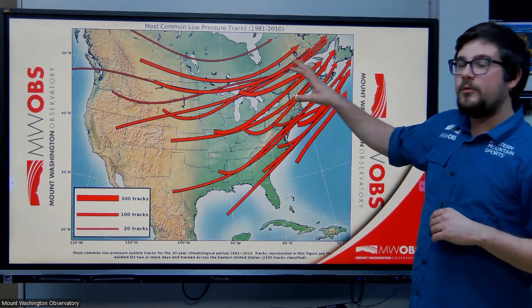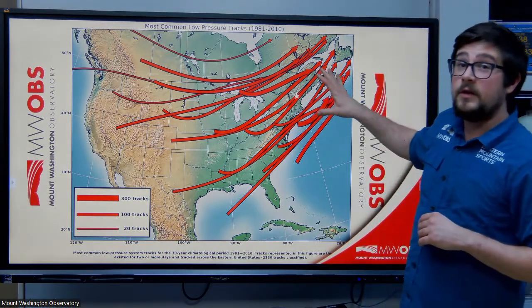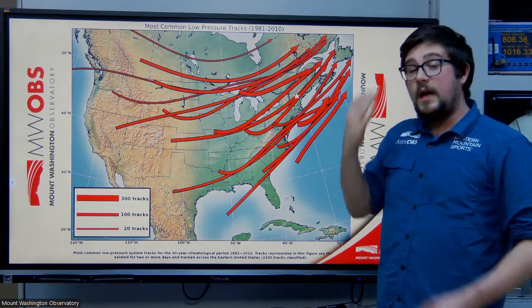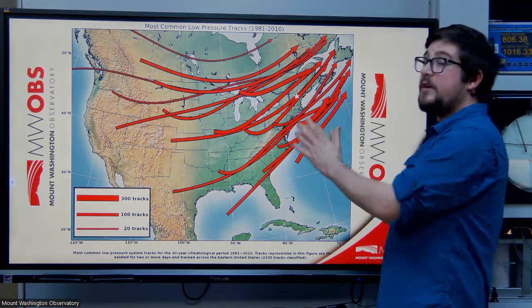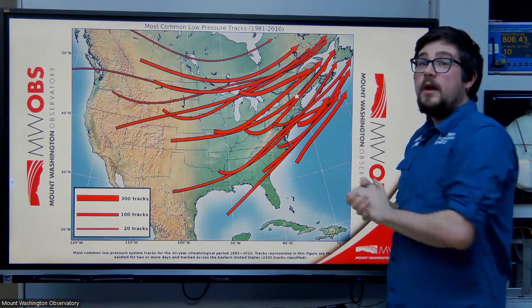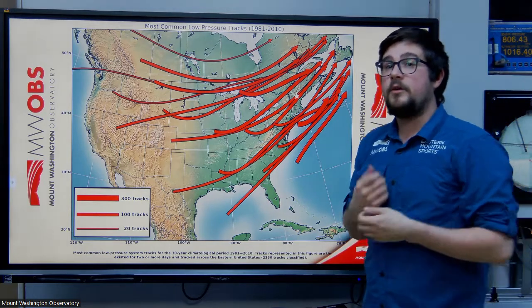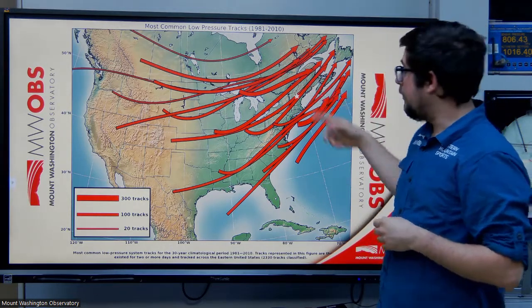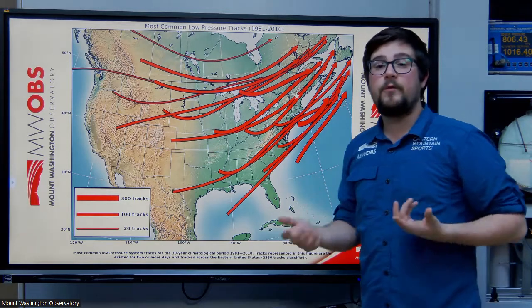And so with all these storms traveling again, west to east along the jet stream, those prevailing winds, it pushes all those storms over us. And we've got multiple jet streams sort of converging in the general area of Mount Washington. And so whether they're to our north or well to our south, the storms can have some sort of impact up here on the summit.